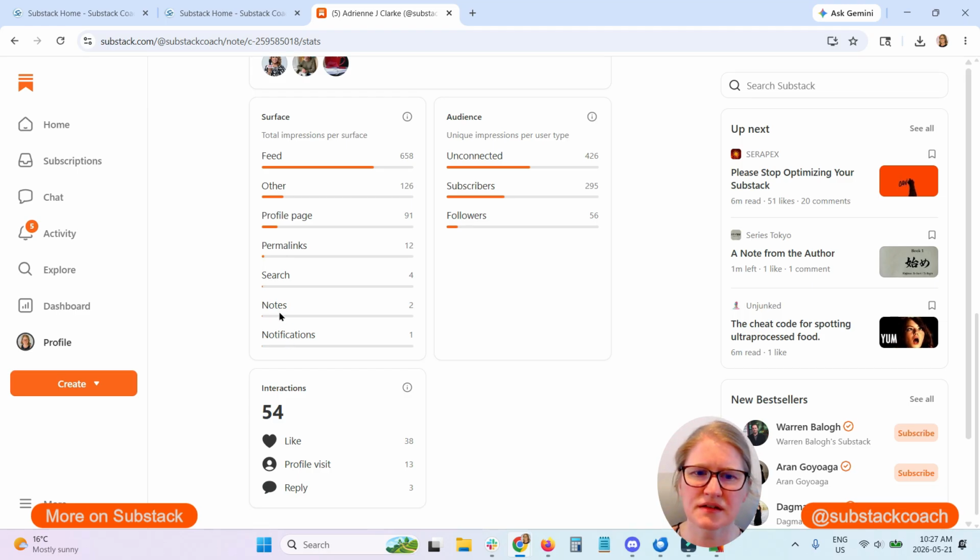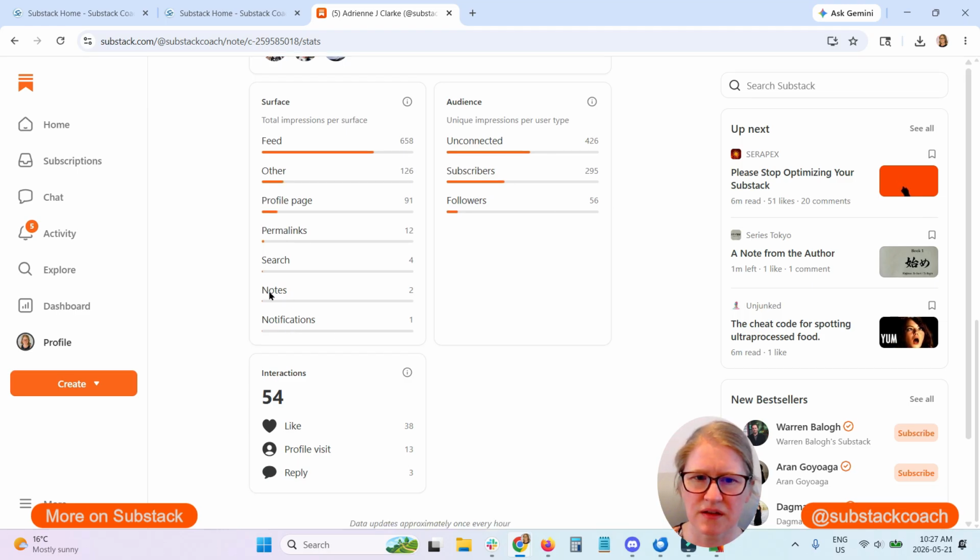And then someone scrolling through notes specifically. All right. Then finally, you have the interactions, which you kind of already know from the top of this: how many likes, how many people visited your profile after seeing your note, and then how many replies or comments you got on the note.